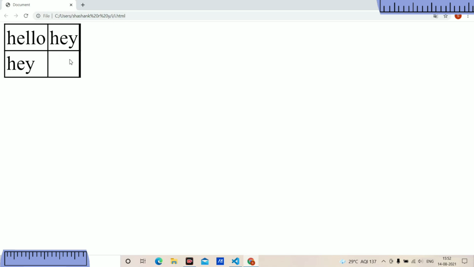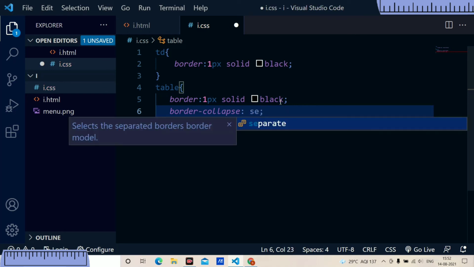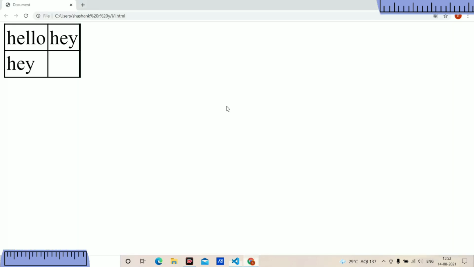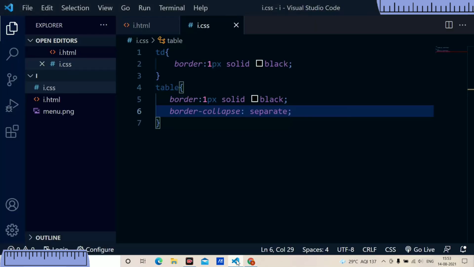Every border spacing which is present is getting collapsed because we have used the border collapse equal to collapse. And if I use separate, they are getting separated. As you can have a look at here in the browser, they are getting separated. This is how we use border collapse and border spacing and the empty cell.